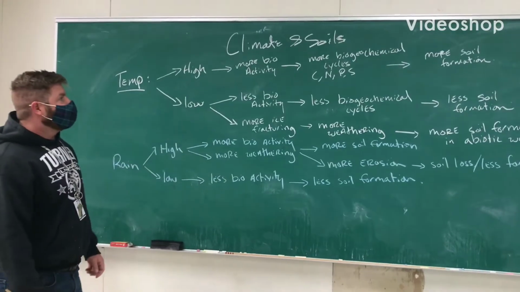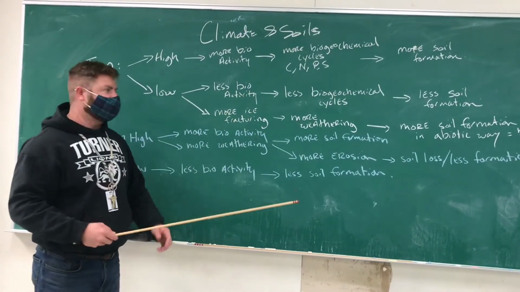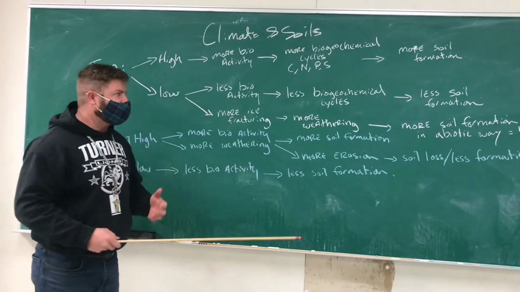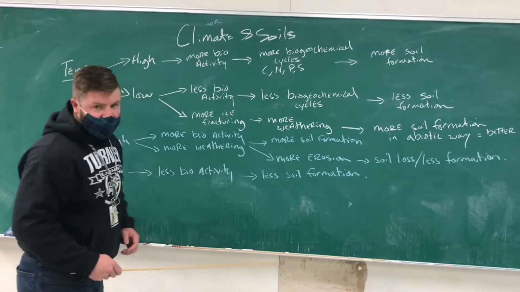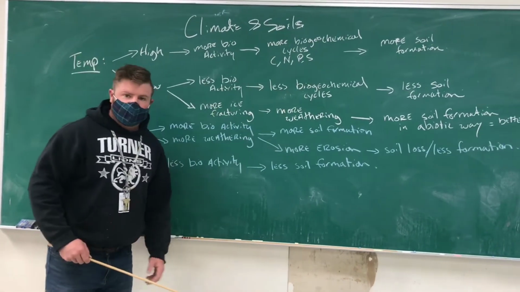All right, so we've talked about what soil is and what's in soil: soil texture and all that other good jazz, the sand, silt, and clay. We've talked about organic matter. We've talked about the carbon cycle, nitrogen cycle, phosphorus cycle, and I've mentioned the sulfur cycle, but we haven't gone into it too much. So that's all the stuff that's going on in soil.